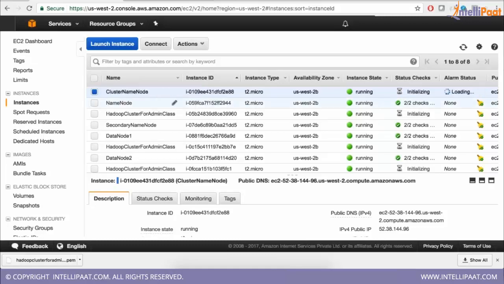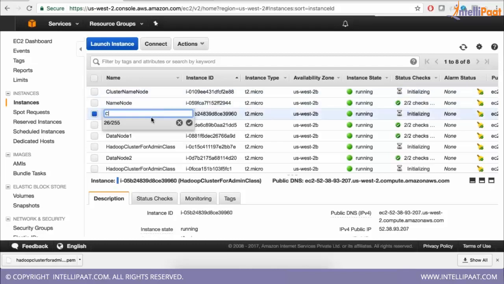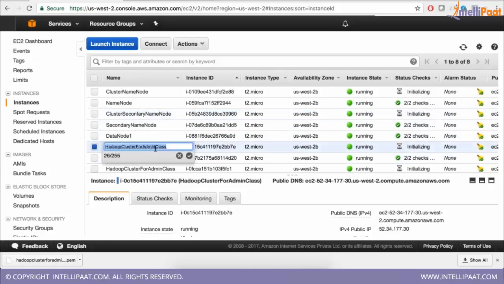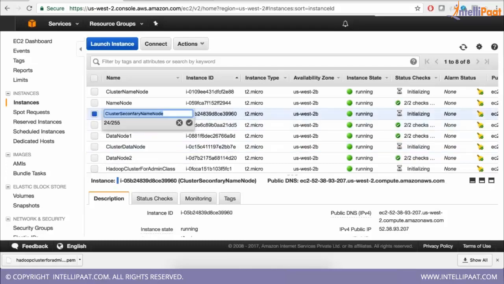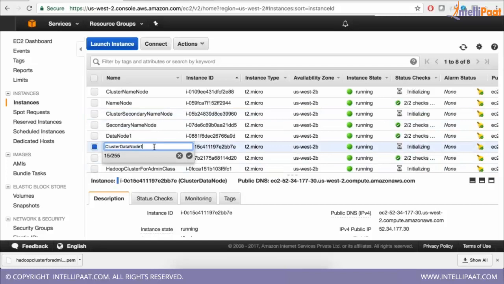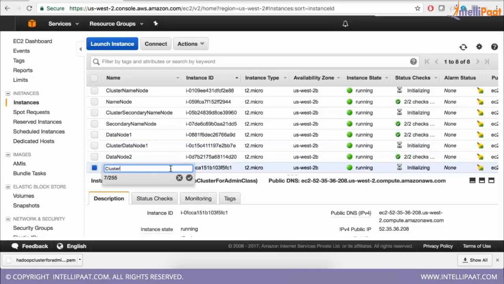The second I call cluster secondary name node. There is a spelling mistake in secondary. The third I will call cluster data node 1, and this is cluster data node 2.